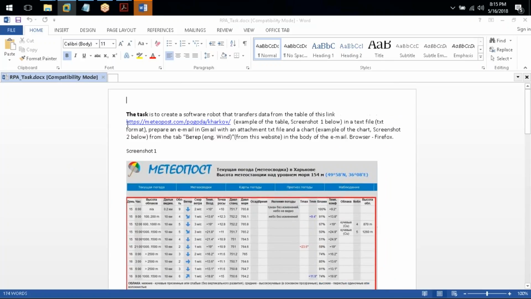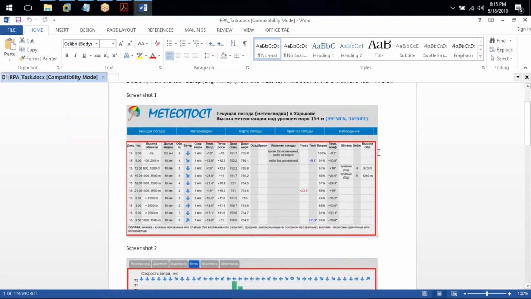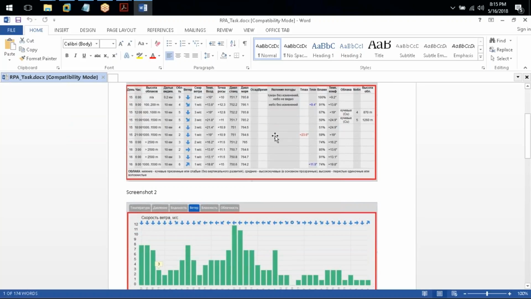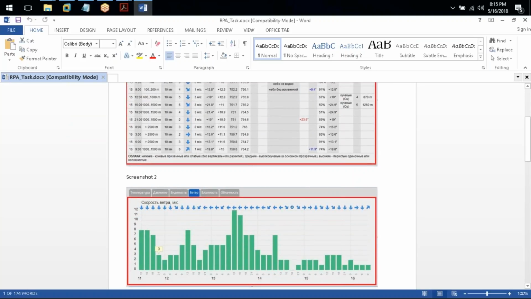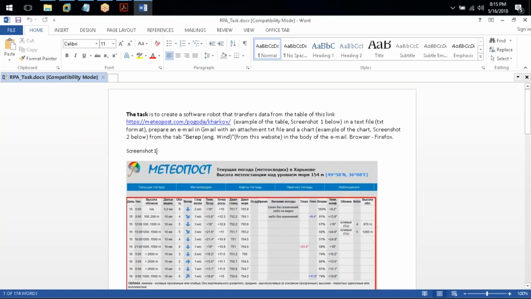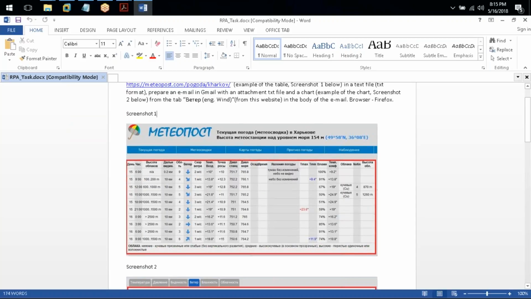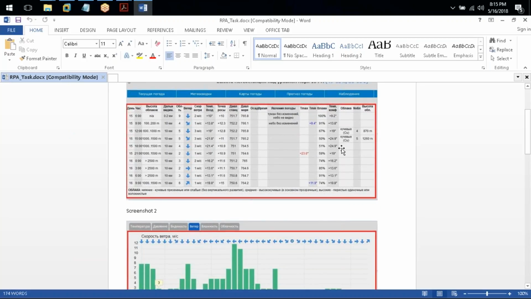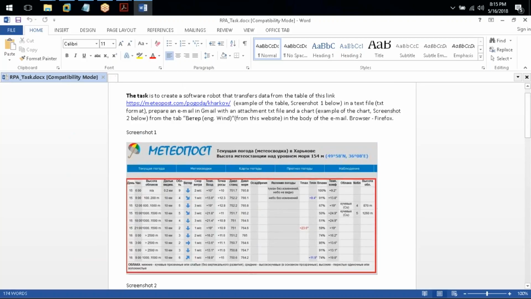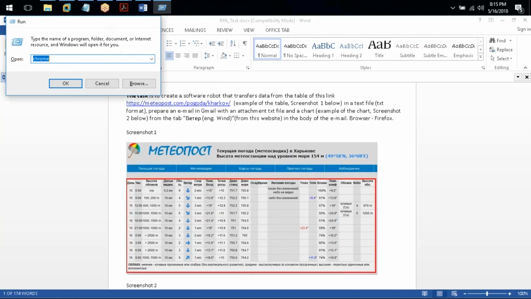You have to go to this website. After going to this website, you have to extract this entire table with the help of OCR or PDF automation techniques. I'll share this image and the website link with you. You have to extract this table and then store the information in the data item, in a string operation, or in a text file. You have to navigate to this website, metasport.com. So if I open it on my screen,